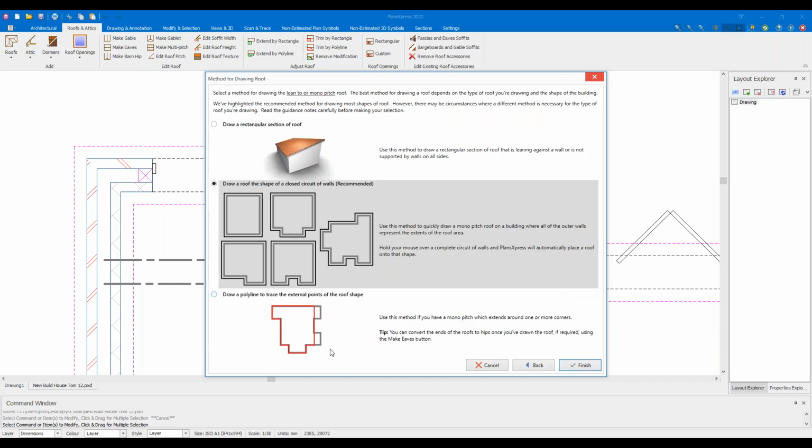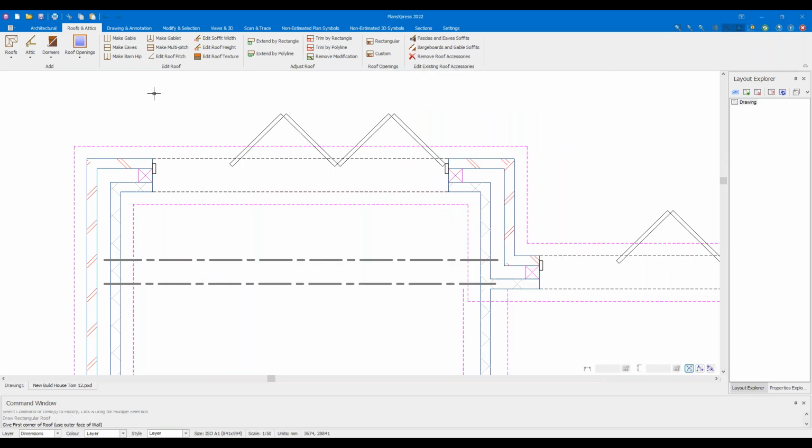I'm going to select this one, and I'm going to use the draw rectangular section option, which is the top option. So I just need to click on that one and then click finish. Now it's asking me to give the first corner of the roof. For this, I'm going to start off with this top left corner over here,